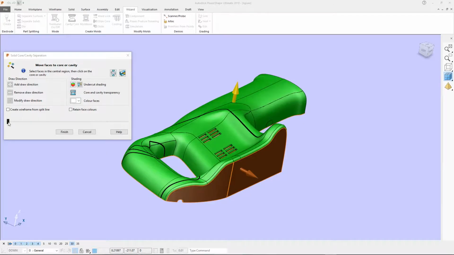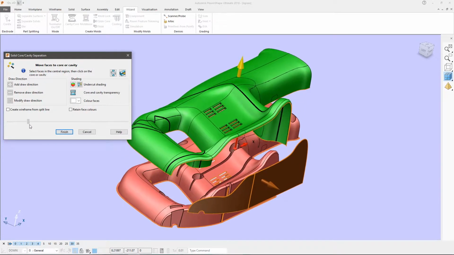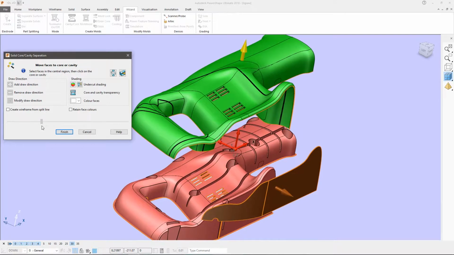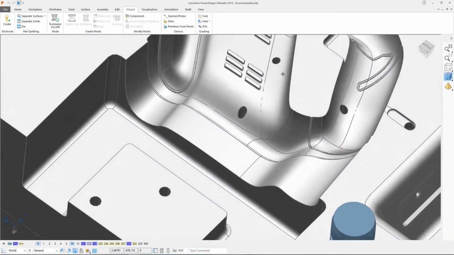When creating cavities, cores and slides from a 3D part, PowerShape guides you through an easy-to-use wizard. In most cases, the shutouts and split faces are created fully automatically, leaving you with minimal work to do to create the finished mould. To further support the production of moulds and dies, PowerShape contains dedicated tools to assist in